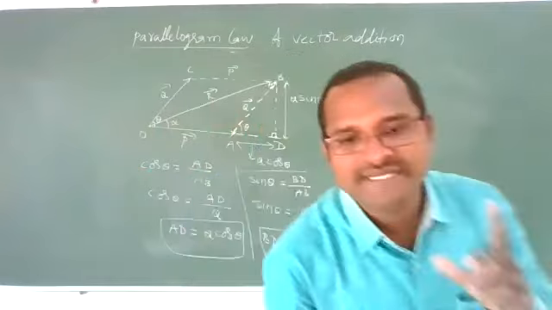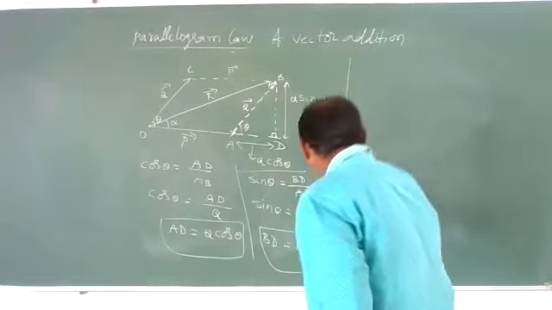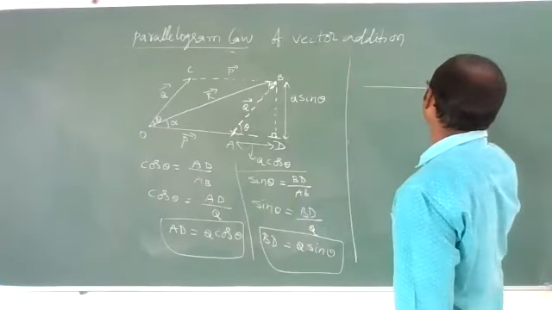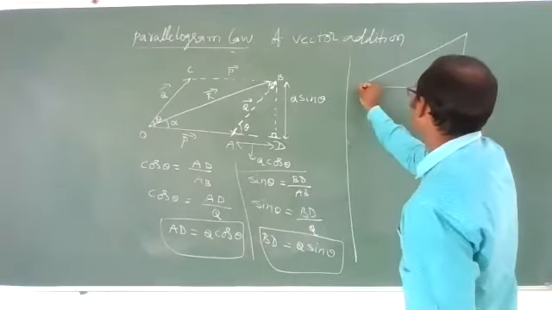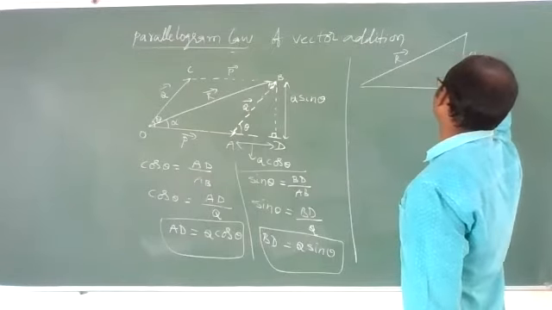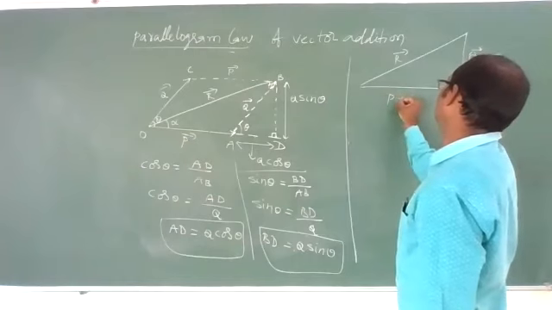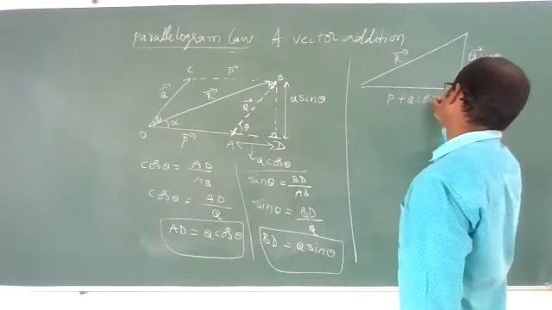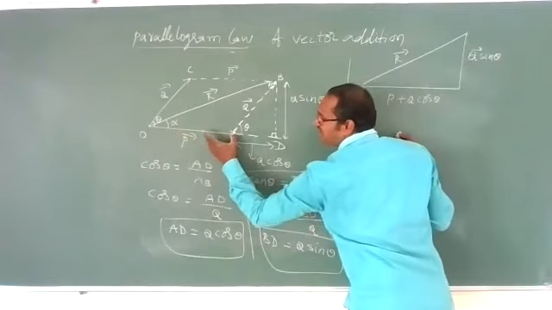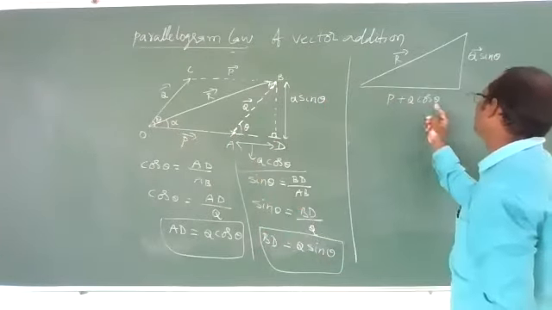Clear? Are you understanding clearly? It is similar to triangular law again. No confusion. That means totally we are having one right angle triangle now. This is your resultant vector. This is your Q sin theta, Q bar if you want. This will be P plus Q cos theta. Correct? From here to here P. From here to here P. From here to here Q cos theta. So total will be P plus Q cos theta.